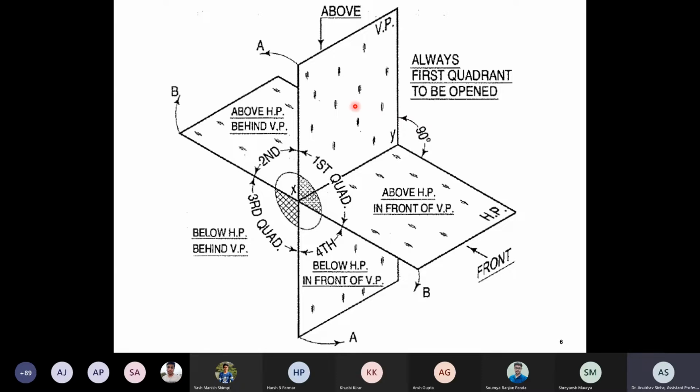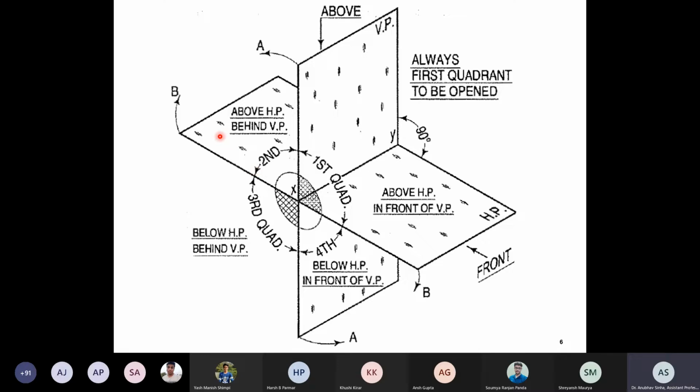Once you are clear with this plane geometry, a lot of things will be much clearer moving on. One more thing is that when you draw an exercise, you don't need to make this hash type of marking. This is just made to explain. I took it from a book, so it was made hash like this. But in general, when you draw, you just draw the plane. Don't make this hash type of thing.